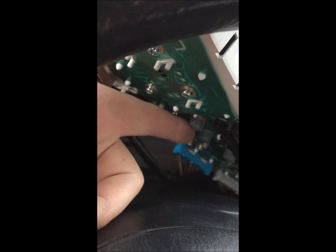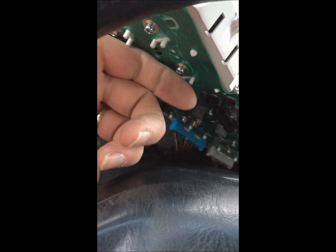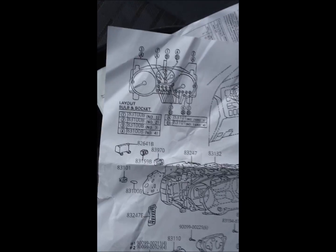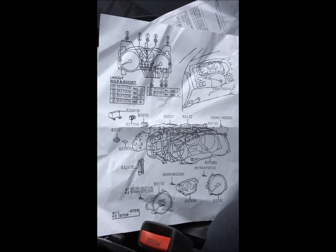One being the ones I'm changing out is, I guess you would call it, a bigger bulb. That's all these gray little twist outs. Then they've got the smaller ones, which are these black ones. And I went to the dealership and got a wiring diagram of that